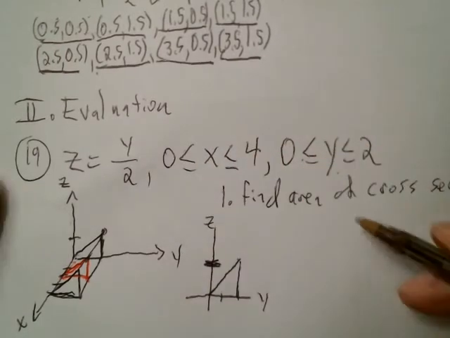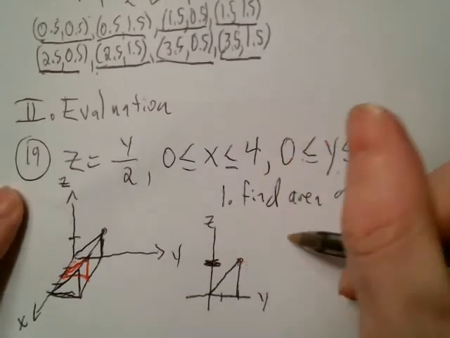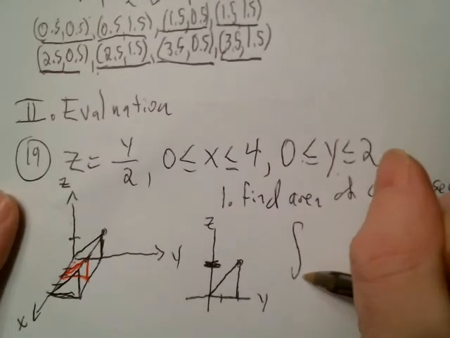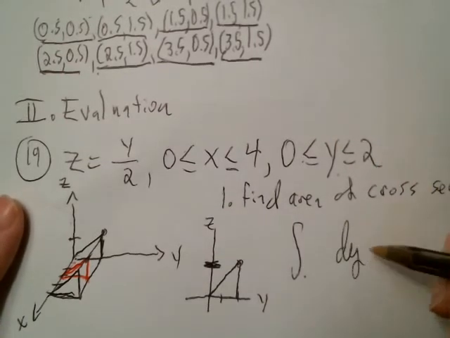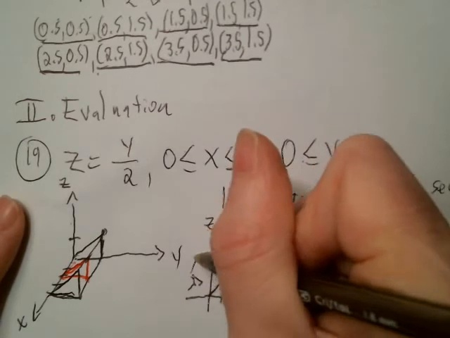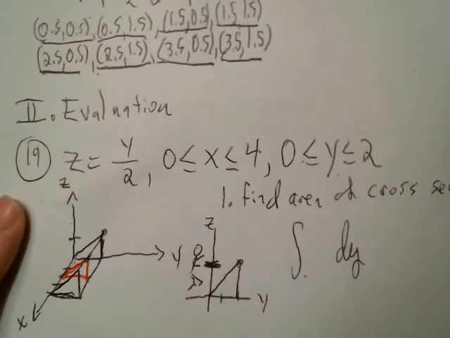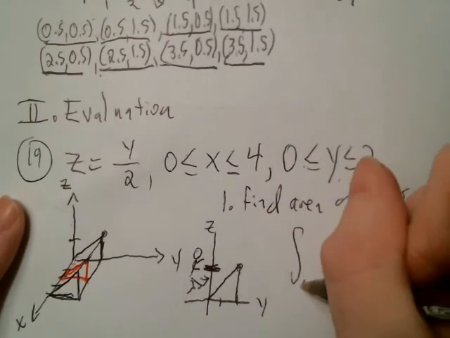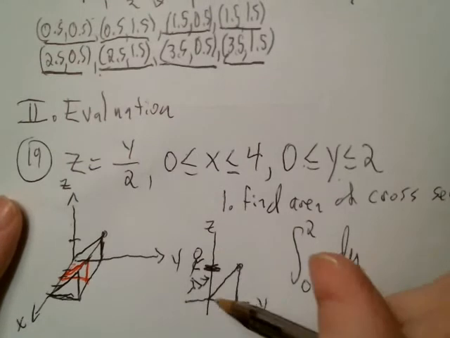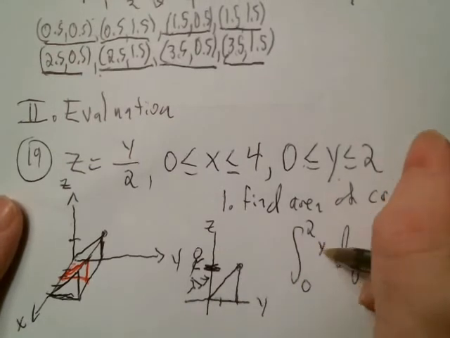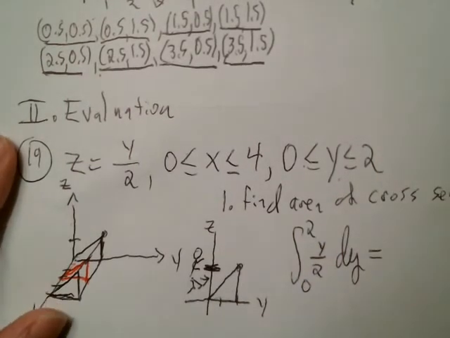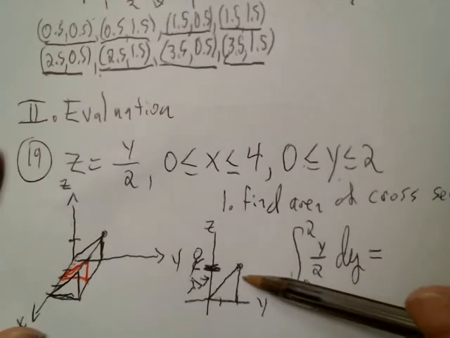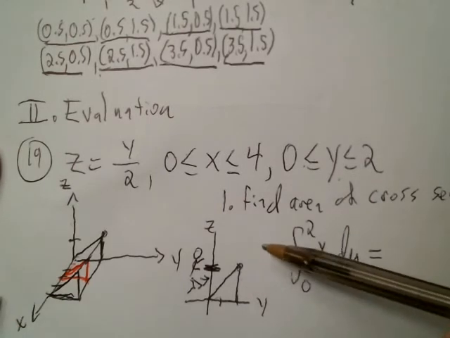So you can do that with geometry, but you can also do it with an integral. Okay. So the Riemann man will be going from 0 to 2 on the y-axis, and we're integrating underneath the curve y over 2. Okay. So that will give me the area of this particular triangle, and then we're going to integrate again, but